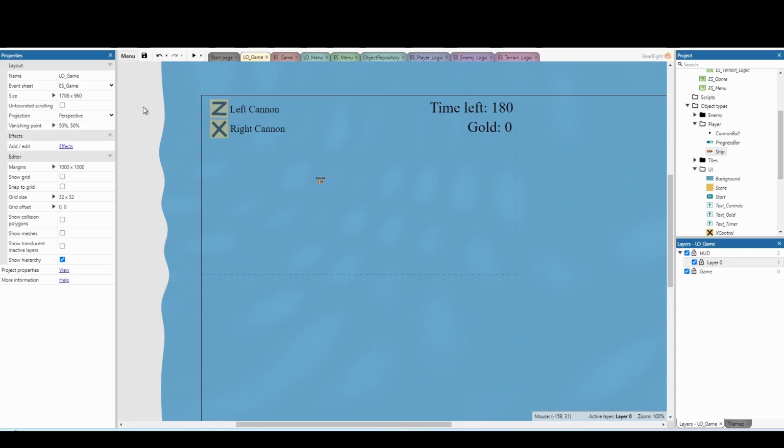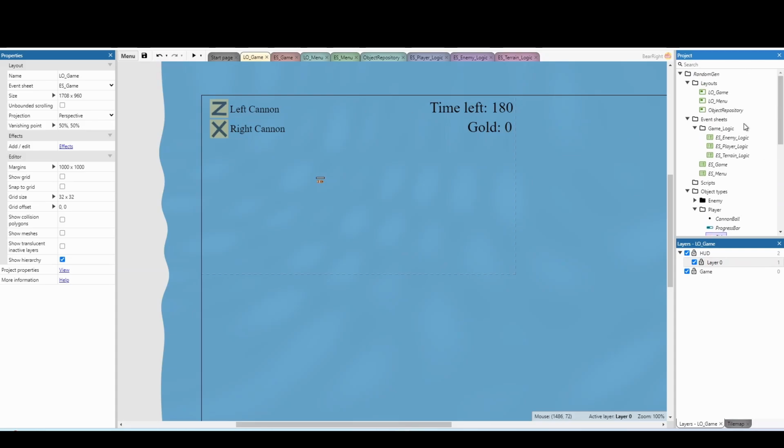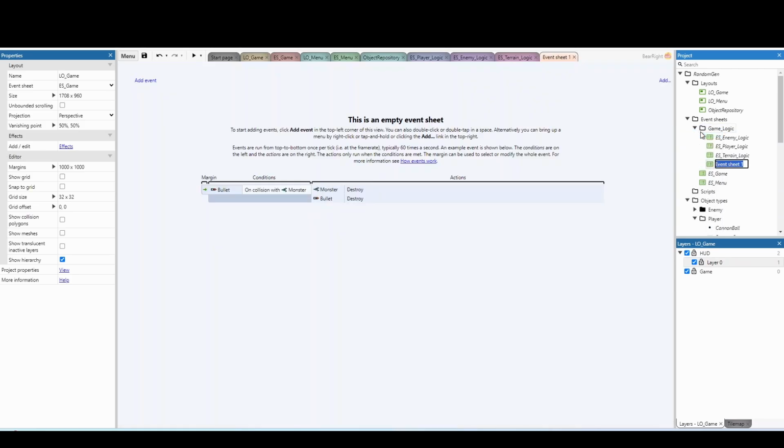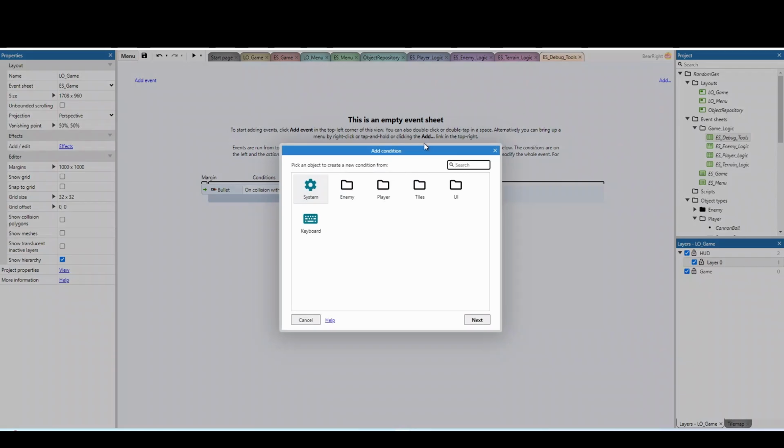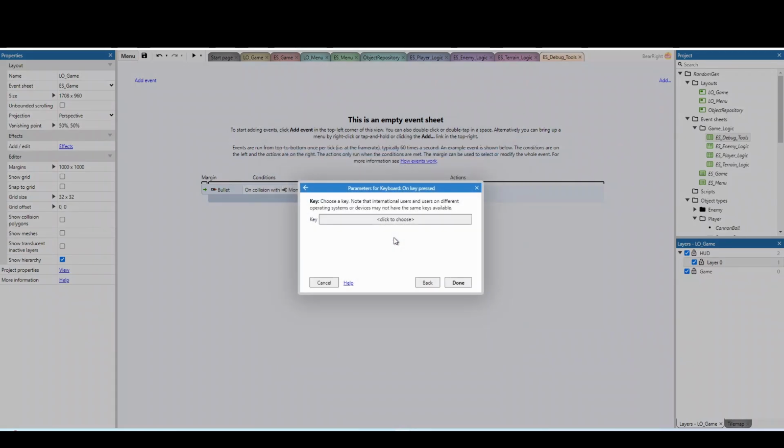Well, this is where it's quite a nice idea to create a range of tools to help us out. So one of the tools you might want to include, and I actually quite like doing this as its own event sheet, is just debug tools. So you actually spend time programming something into the game that you're never actually going to have in the final version. And just to show you a really simple example of this, all I'm going to do is do on key pressed P,